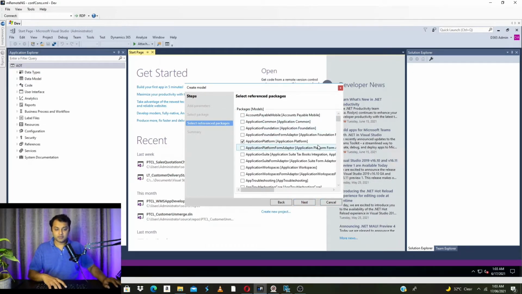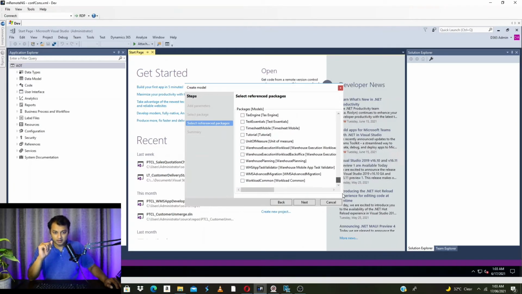So here you will be seeing all the reference packages. So you need to make sure that you select all the correct references over here while creating a new model. If you don't reference enough model references, then you might end up with errors. So you need to make sure that you select all of the required references properly. Okay. So right now I'm just going to select application platform, application suite, application foundation,